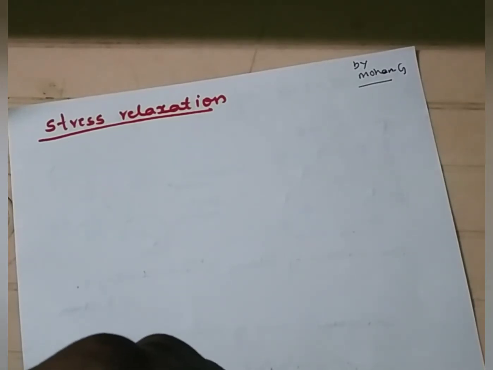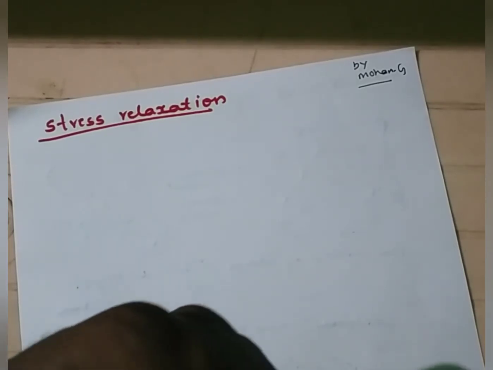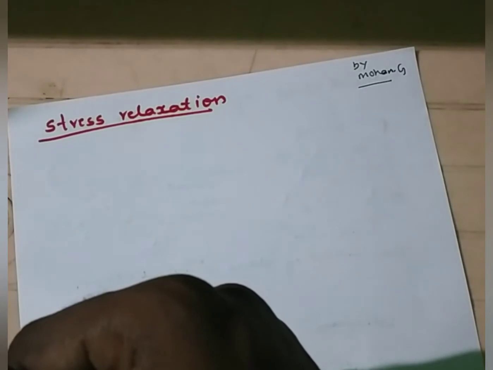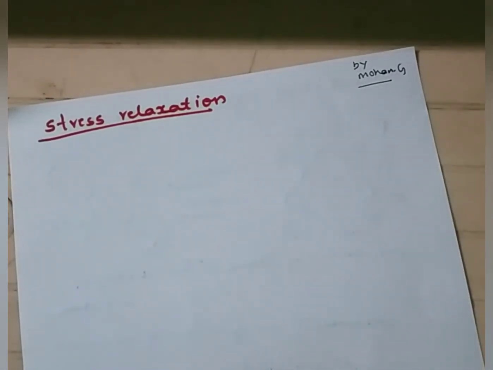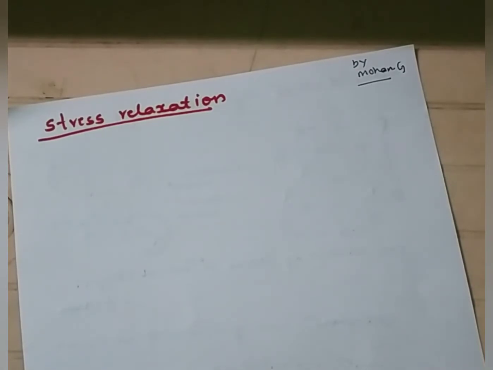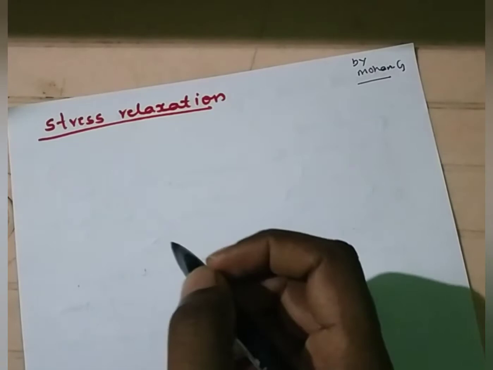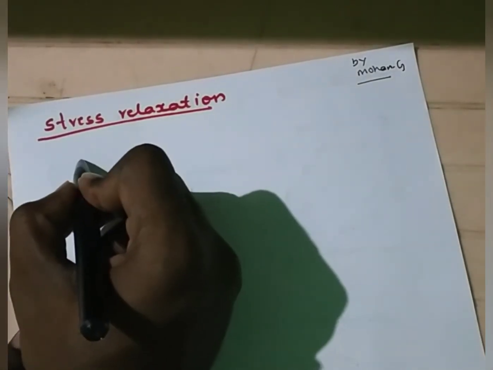We know that stress relaxation is the reduction in the value of stress in those components which are not allowed to elongate. If you take an example of bolts and other members which are required to hold rigid bodies in tight contact, the stress in such a member will reduce after a long period of time. In order to determine the value of stress at any point of time, we are going to use this stress relaxation equation. In order to derive that, I'm going to take the total strain of the specimen.